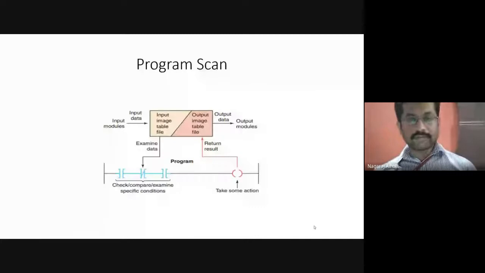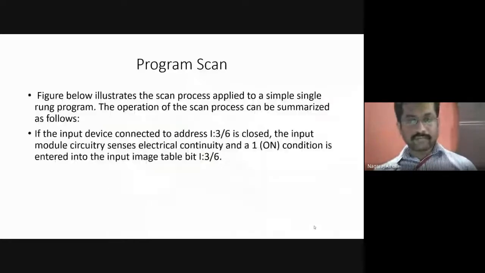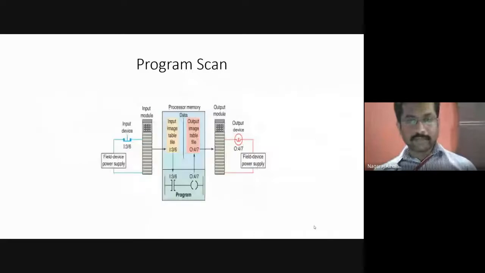In the program scan process, this is how the program scan process takes place, from left to right. Again, the same program scan concept being explained with the help of the processor memory, input image table file, and the output image table file, also considering the input and output field devices.